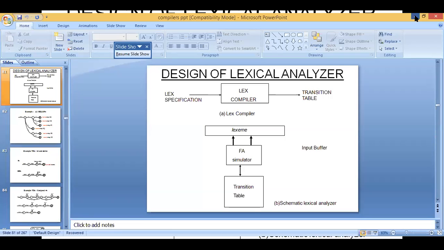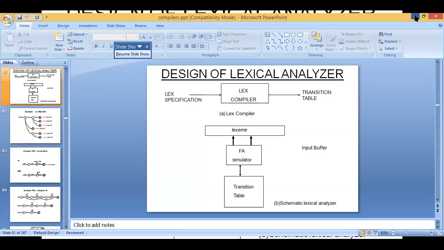And see here, what type of simulations are we performing here? We all know and are familiar with the types of conversions in formal language and automata theory. There we know how to convert NFA to DFA. There itself we learned the conversion process of converting from NFA to DFA or NFA epsilon to DFA, and how to minimize the finite automata. All those conversion processes we learned in formal language and automata theory.